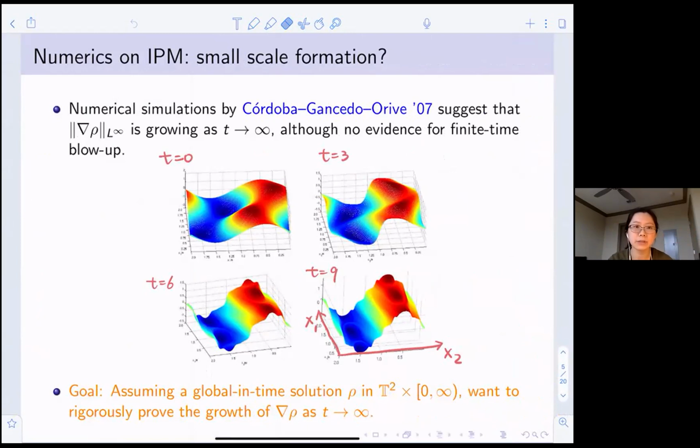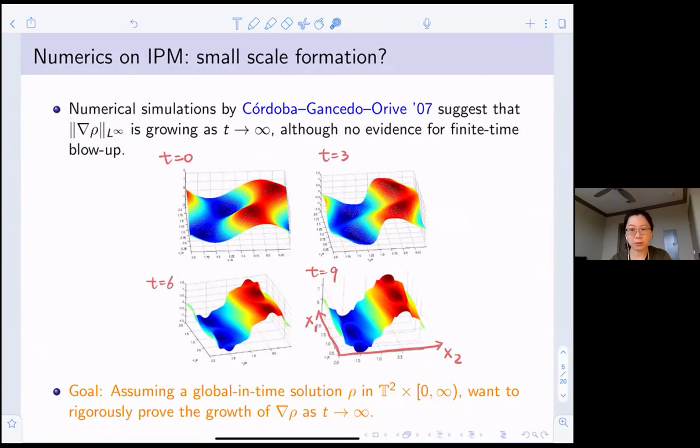And these results suggest that, so this is the x2, the vertical direction. So it seems like as time goes, the solution becomes more stratified, which makes sense, right? Because the gravity is driving the solution. And these numerics suggest that the gradient of the density could be growing as time goes to infinity. However, they compare